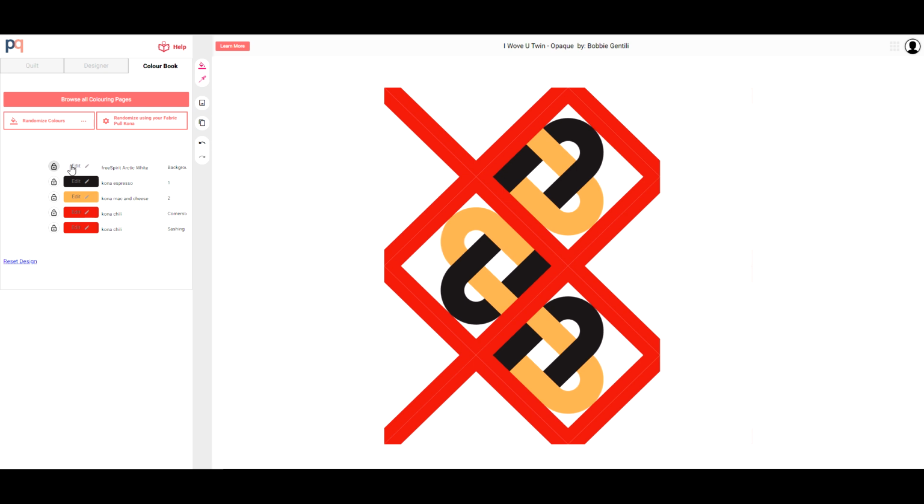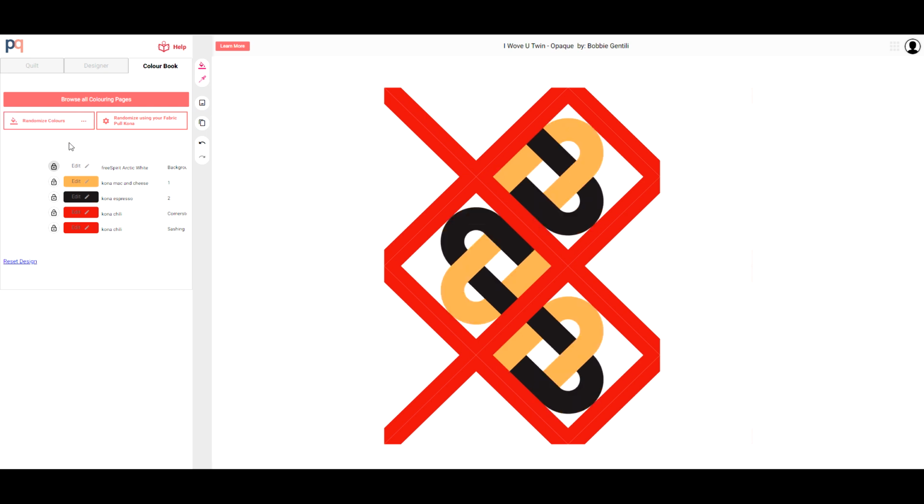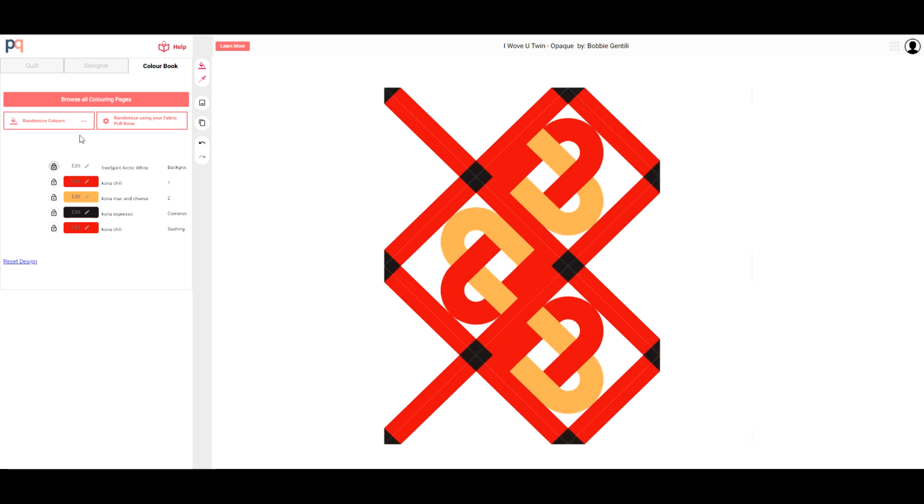Let's shuffle it again. So again, we could do this all day. Okay, I don't like that one. Now, I'm going to unlock everything. And if you like this, you need to go on ahead and download what you see here. But now I'm going to hit randomize the colors, and it's going to pull from